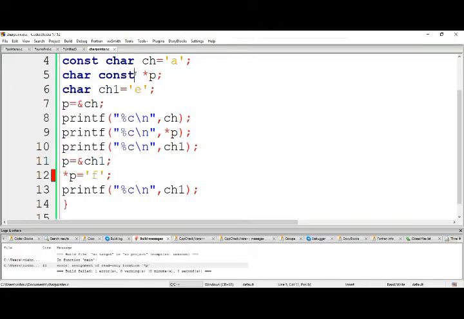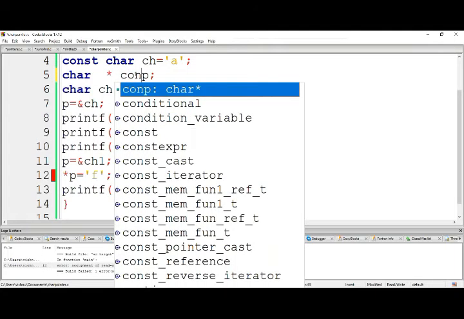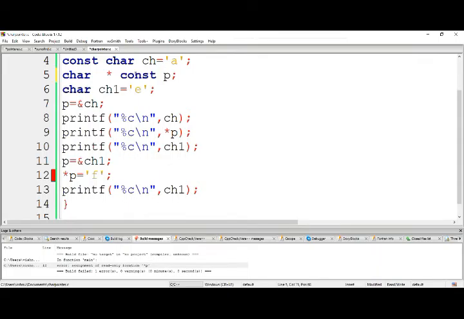Now I'm going to change this value from here to here, const. Observe here, in the previous one we got the error at the 12th line. Now let us compile this one. Now here we got the error. Do you observe this one? Why? Because it is a constant pointer.